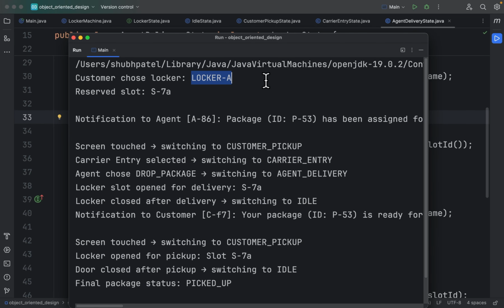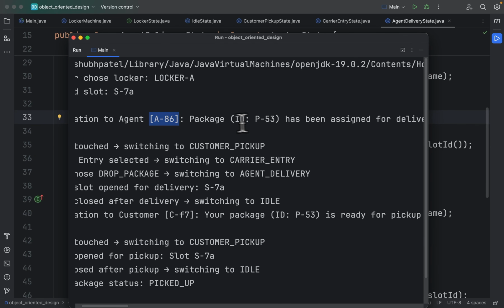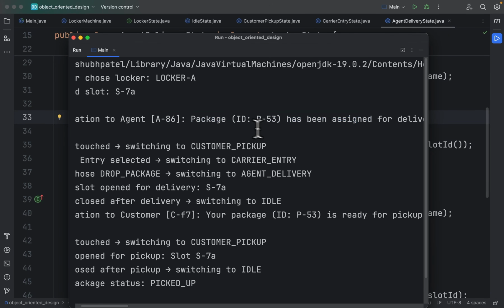So let's say the customer selected the locker A. Then the customer will place the order. Once he places the order, one slot would be reserved. So let's say this is that slot and one agent would be assigned. So this is that agent. This agent will further get the notification. So this is that notification. That is, the agent needs to deliver this package